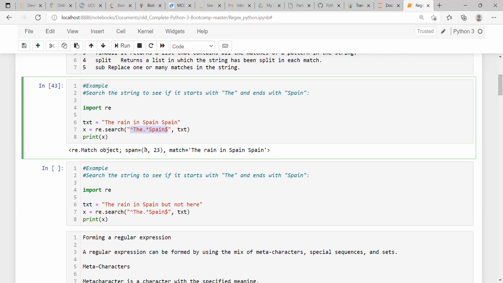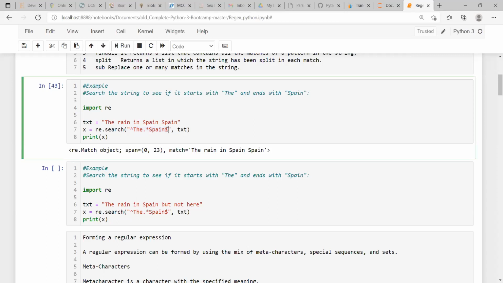That particular span is also given, and the match region is also shown, like 'The rain in Spain'. So all this has been extracted out from the given string.